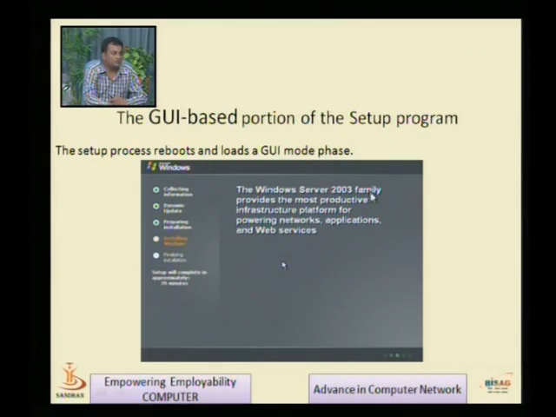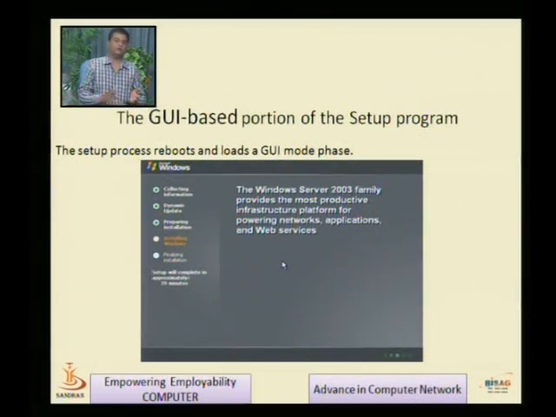The Windows Server 2003 family provides the most productive infrastructure platform for powering networks, applications and web services. So Windows Server is not only for user creation and login to the server, it also provides web services, application services, print services, file services.